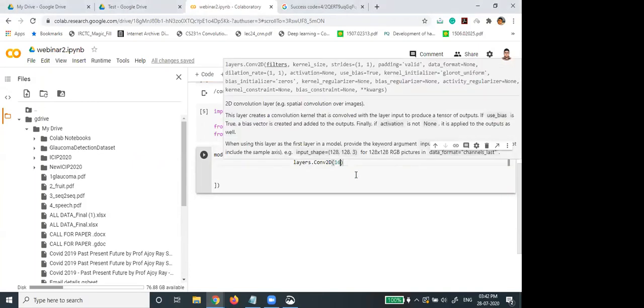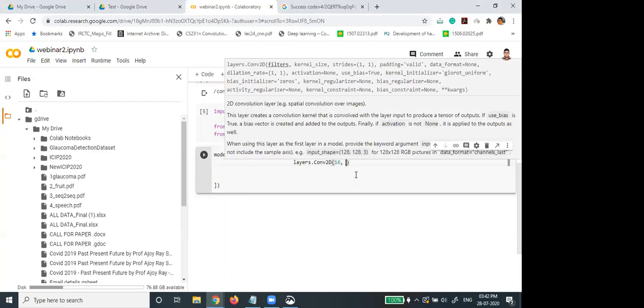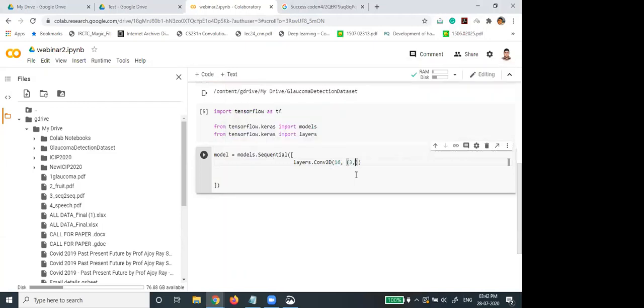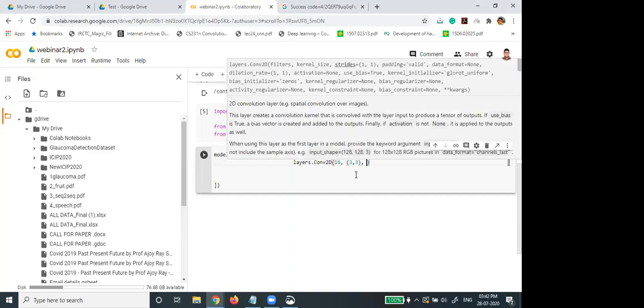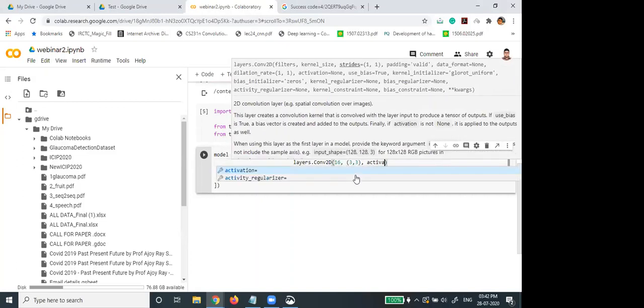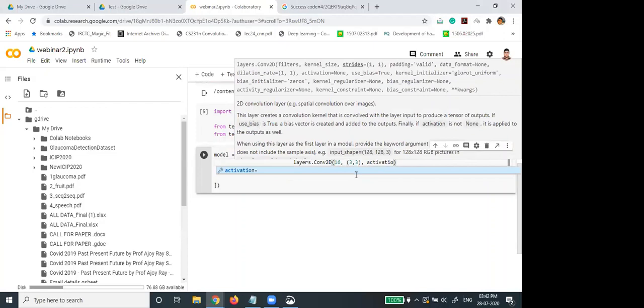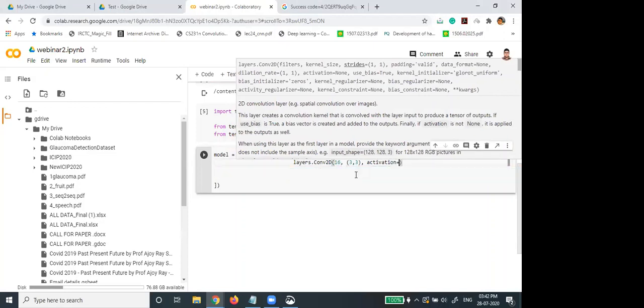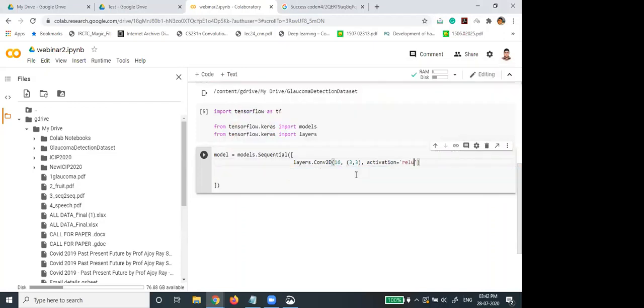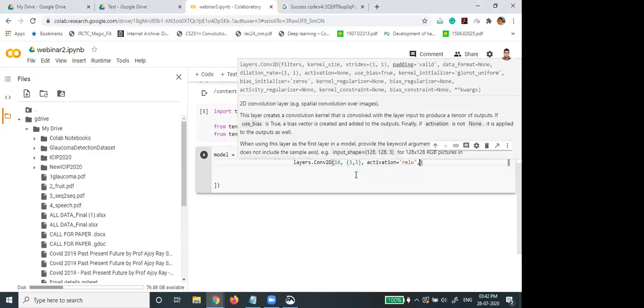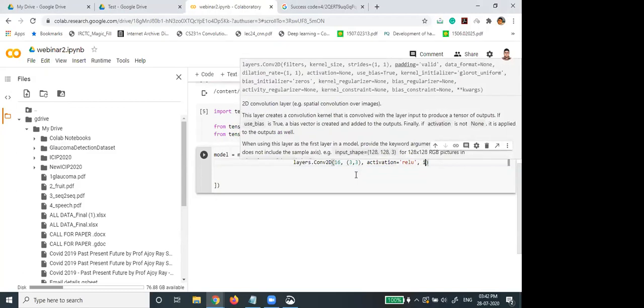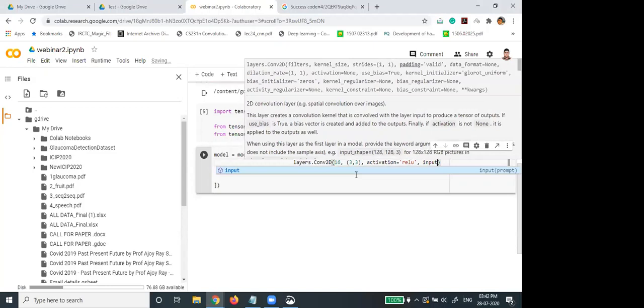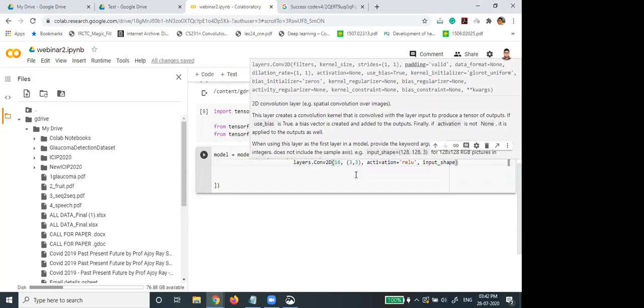So convolution filters could be 16. Then the kernel size is 3x3. Then here I am using the activation function as ReLU. Then the input shape of that image, or previous layer shape.